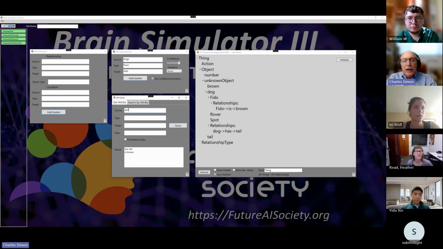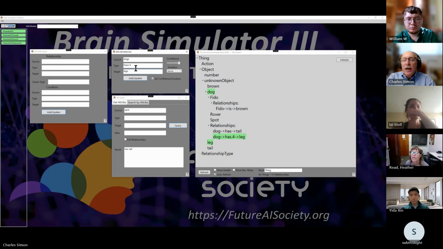So we can say Spot only has a tail because he inherits it from dog, but we haven't said anything specific about Spot. But we can say dogs have 4 legs. And now we can query Spot, and Spot has 4 legs, as does Fido, as does anybody who inherits from dog. And I can say that Tripper,